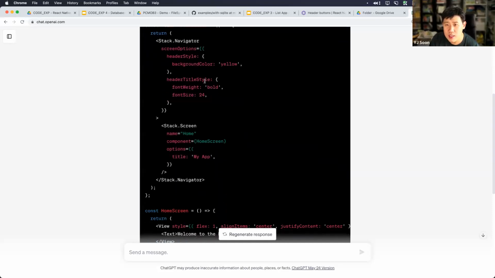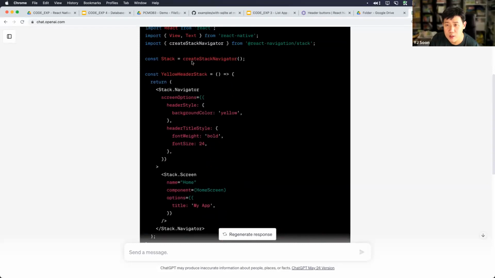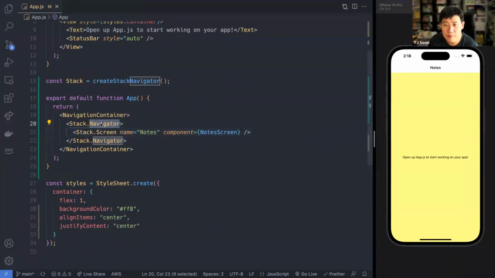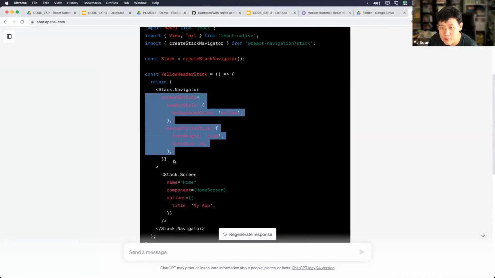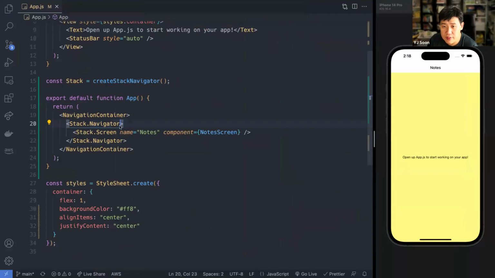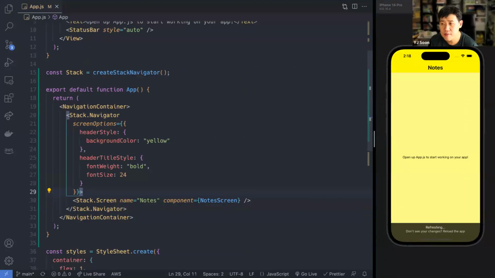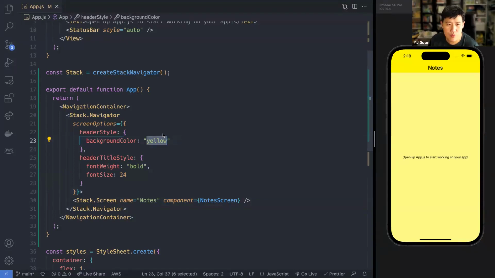Down here, you can recognize that you have this create stack navigator. Yeah, that's what we just did. And it's got stack.navigator, which we have in our code. Once you identify that, you're like, oh, this is just a prop to our stack.navigator, and I think it ends over here. So I'm going to copy this and put it inside our stack.navigator. See what happens. Let's save it. There we go. It turned the background color yellow. And maybe you don't want this to be so dark, so light yellow. You could have it maybe orangish, like F93 or something like that.